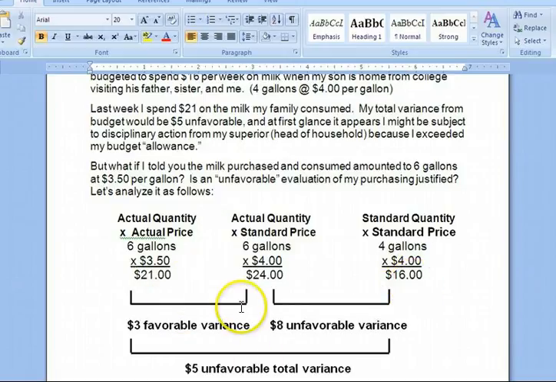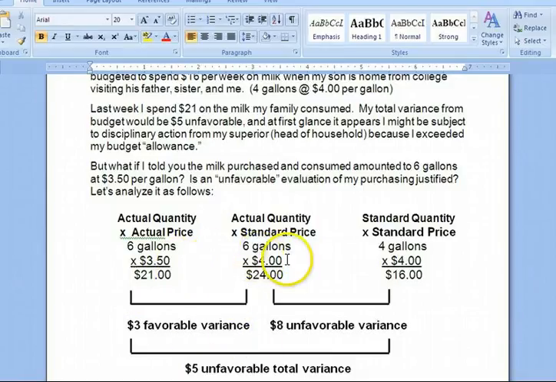So the difference between columns 1 and 2 is called the price variance, and that's a $3 favorable amount. The difference between columns 2 and 3 is the quantity or usage variance. That's an $8 unfavorable amount. So in purchasing circles, the purchasing department is responsible for the price variance. They actually did a pretty good job getting the milk at $3.50 a gallon instead of the usual $4, so